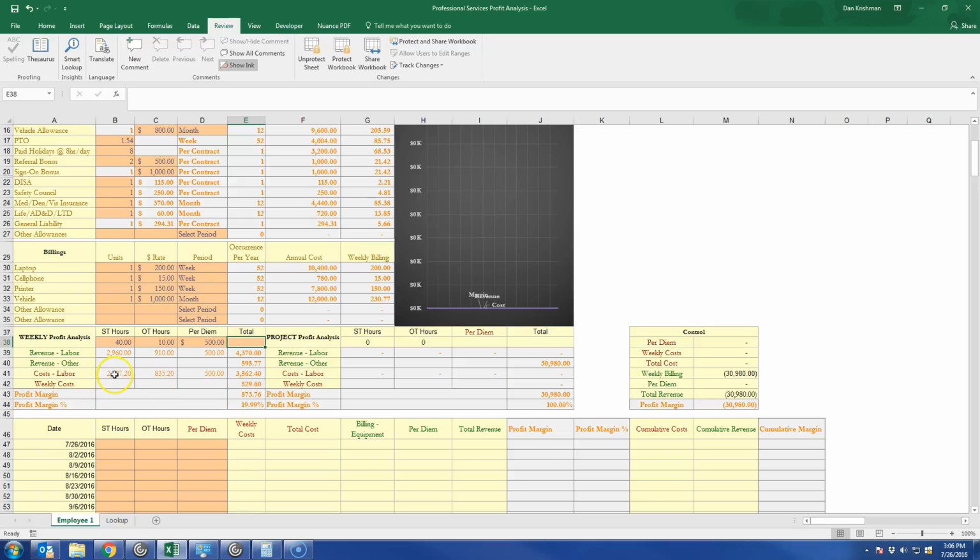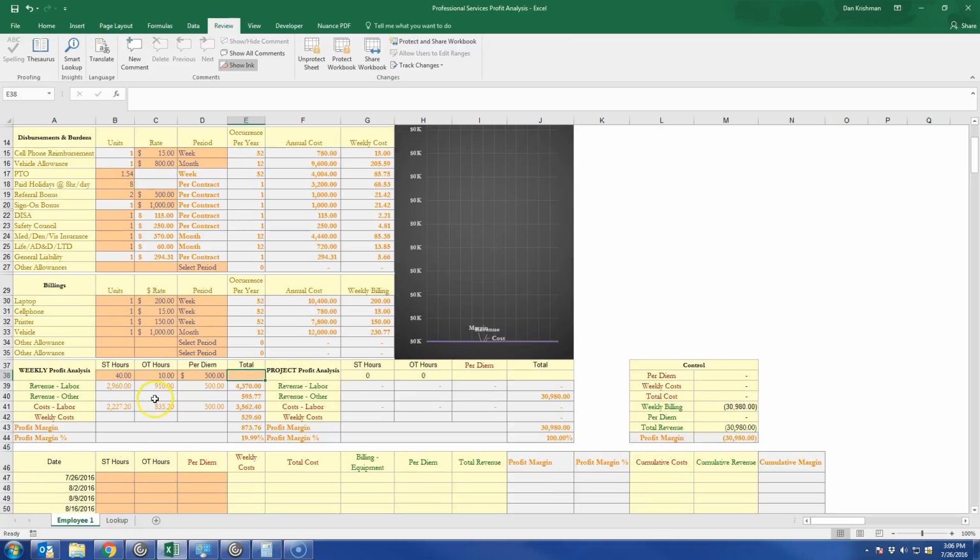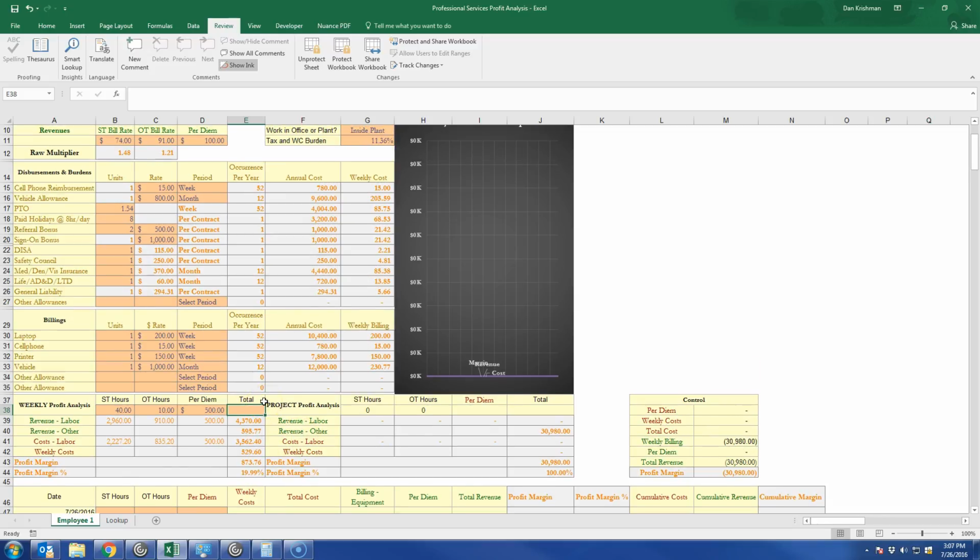All right, cost works in the same manner. It takes and multiplies the costs times the hours, the straight time cost times straight time hours, etc., all the way on down. And then weekly costs, what it's doing is taking these weekly costs, our burdened ones, and adding them in here. So as you can see, the profit margin for this project is going to be around $873 a week, and percentage will be around 20%. Now, this is a nice little slice. However, if you really want to know how much money you're going to make at the end of this project,